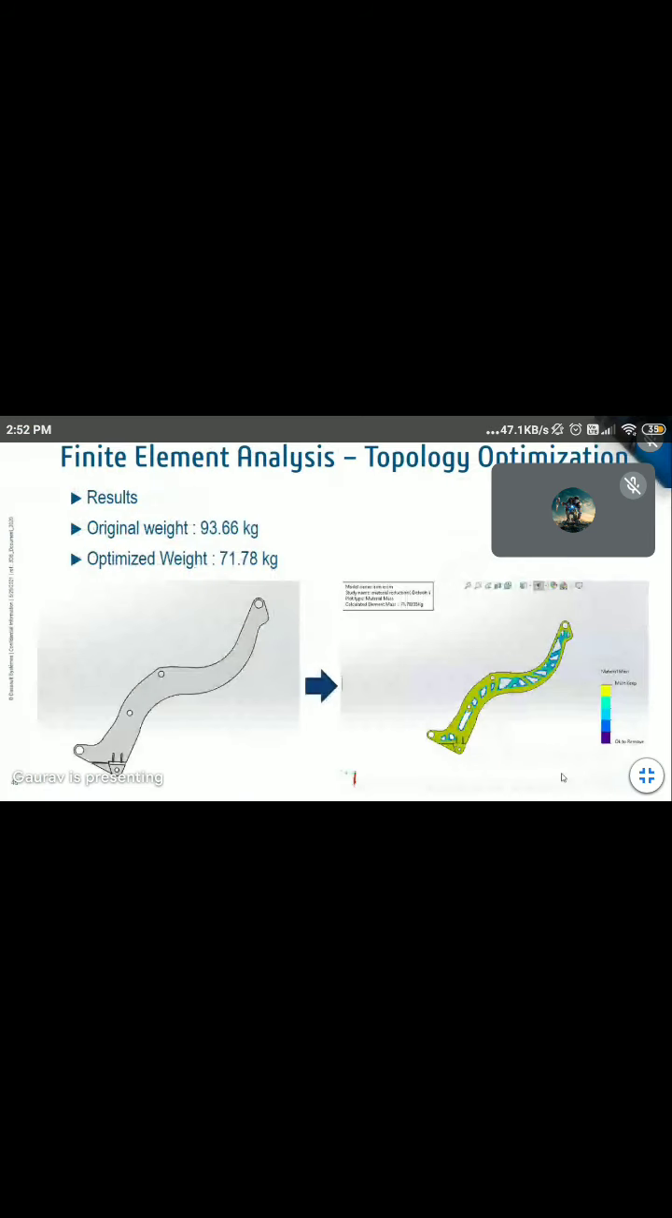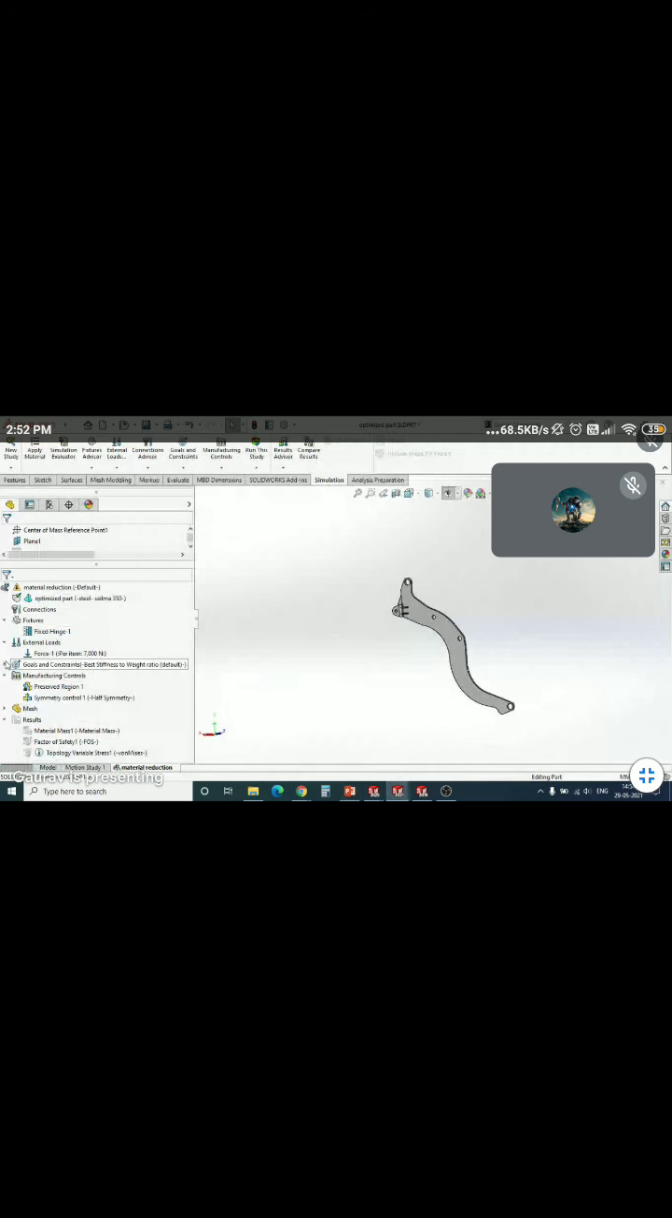And once your results are ready, I was able to reduce the mass by about 20-22 kg, correct? So it has beautifully created slots which run from top to bottom, correct? So the original weight was something like 93 kg and the optimized weight is 71 kg, correct? So let me come back over here